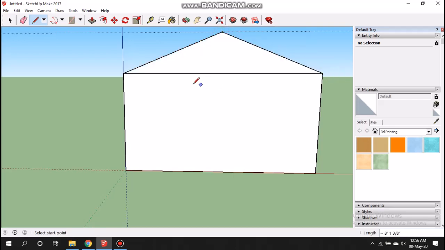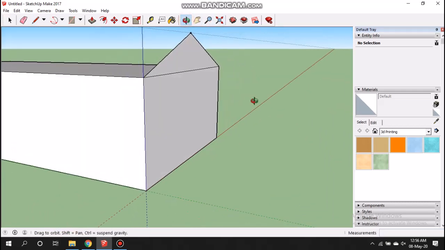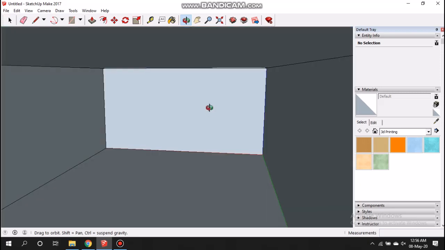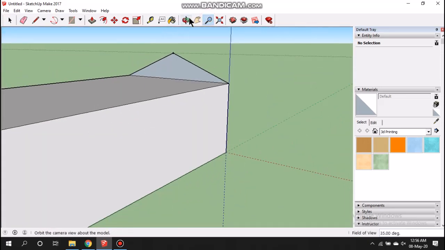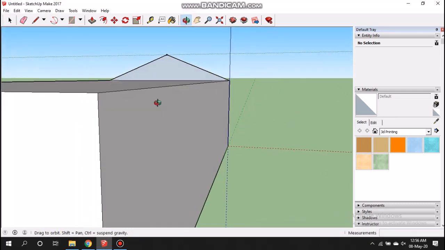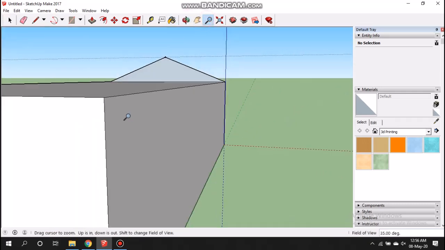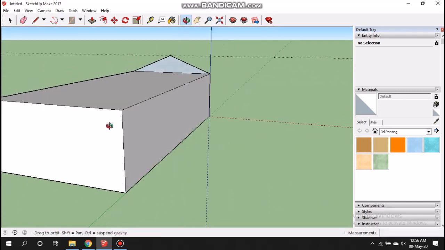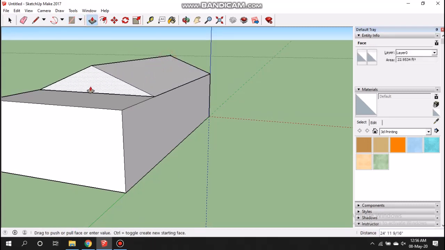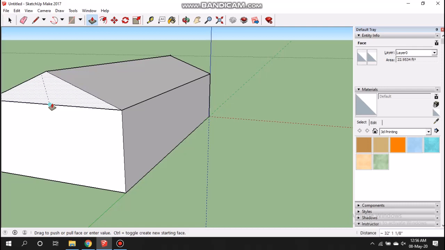Now from the pen tool we have to move this. Let's zoom out slightly, and from this let's move. Now again we use the push and pull tool, and from this we draw the slope. There is the roof of the building.